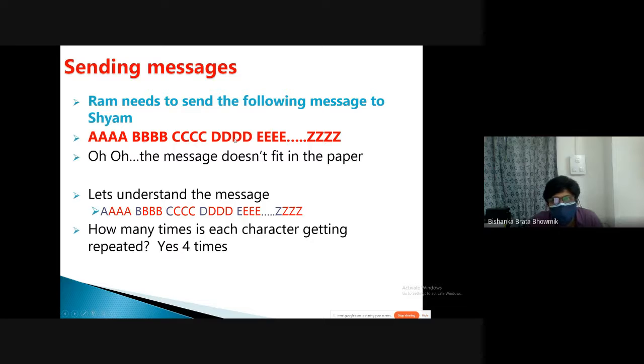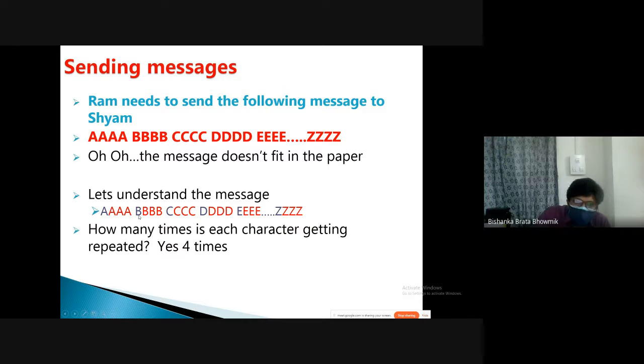So all the data is repeated four times. But if the student has only a small page, they will not be able to write all the numbers and all the alphabets in this small page. Now they have to think about what to write in a small page. Then if you show them the trick, you see A is repeated four times,